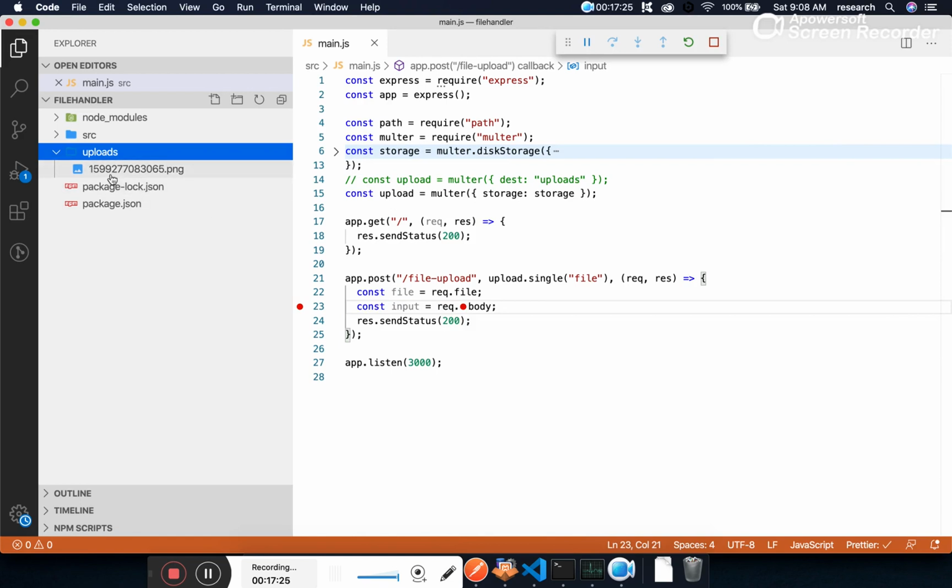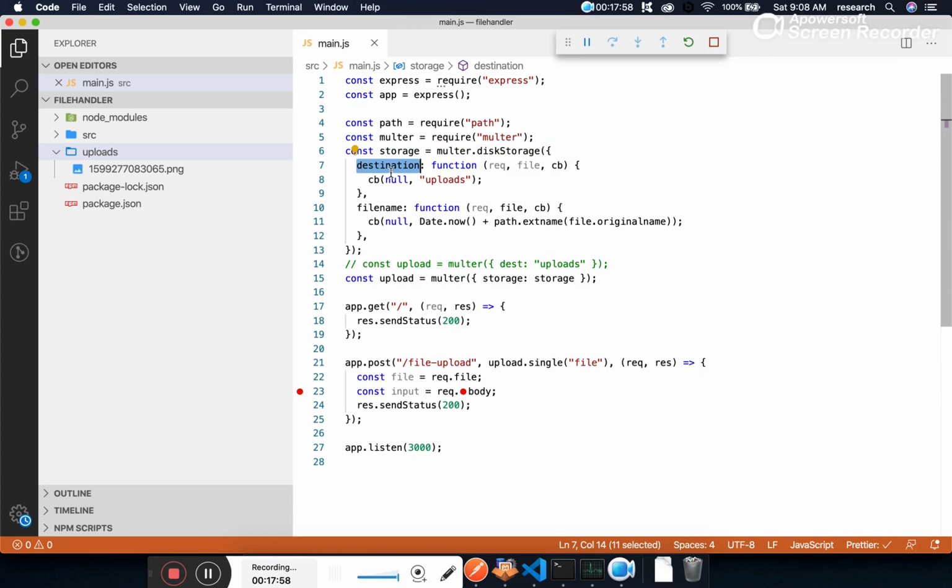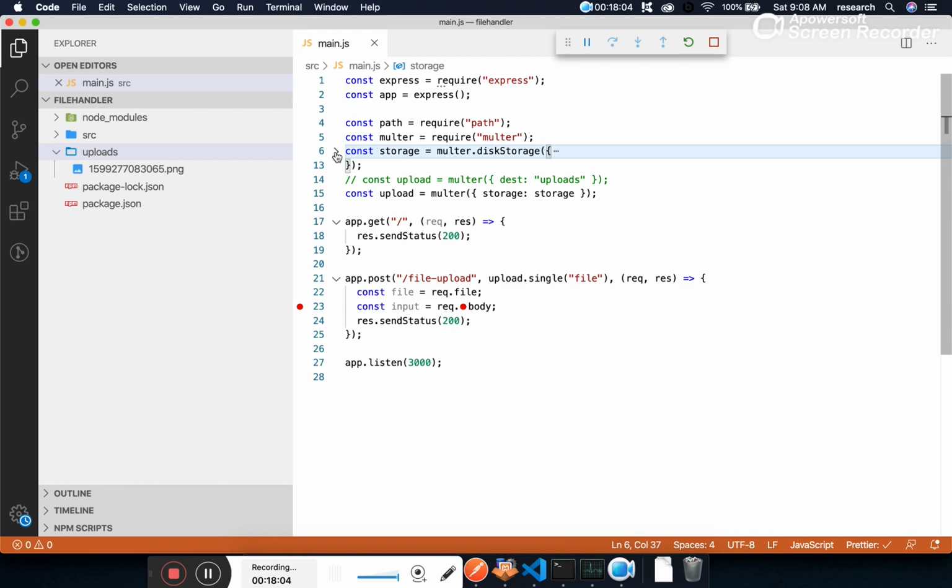You might be asking that again, this file name is not readable, but what is the advantage we are getting? The advantage here is that we are getting the extension .png. So when we will be returning this image to the client, the client, that means the browser, can understand that this is an image file. So that is the advantage we are getting. So what we have done, we are not using the approach of the normal destination. We are using the approach of the storage. What is the advantage we are getting? We can specify the destination and we can specify the custom file name.